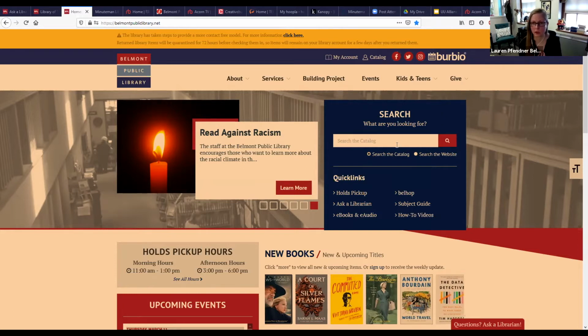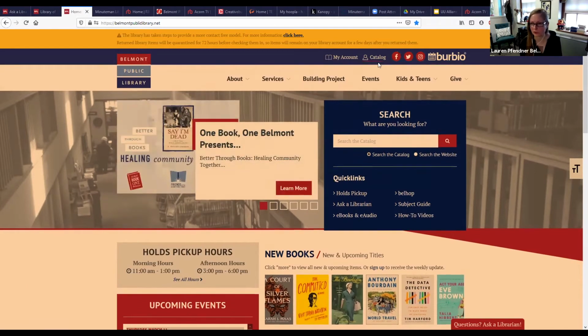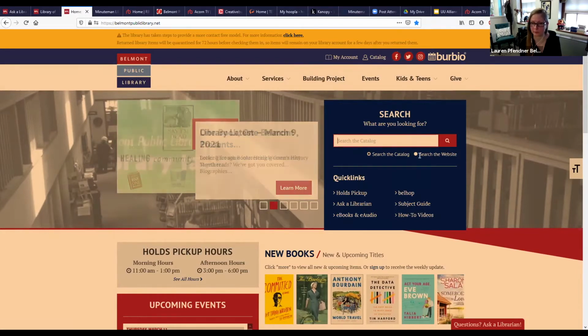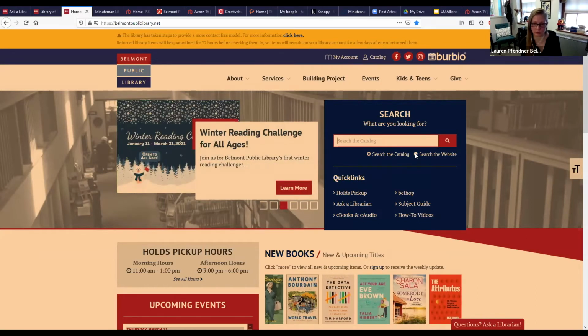Generally speaking, I will go to the catalog button that's at the top right here. It's just a little bit easier if you know you're going to search for a bunch of things. You can also put your search in down below in this line. It also gives you an option to search the website if you were looking for something specific, like the One Book, One Belmont events that are happening in March, for example. But if we go to catalog here,